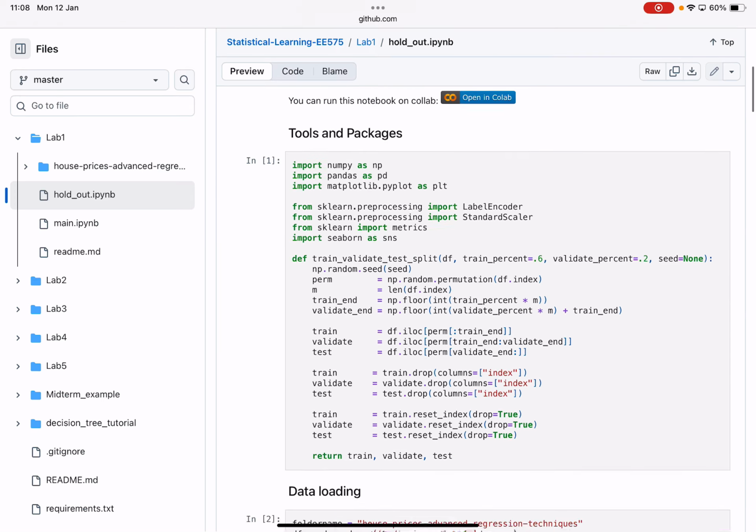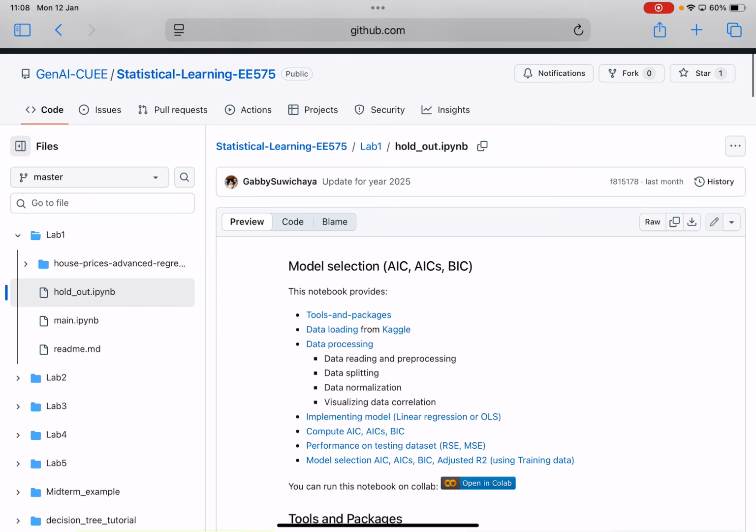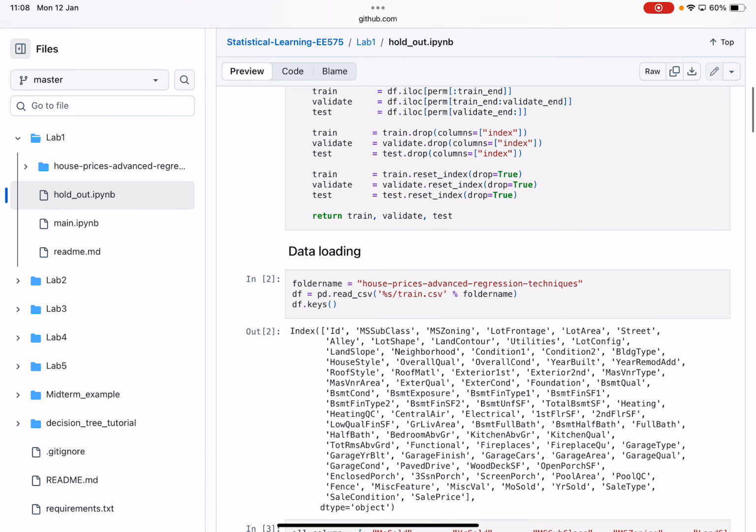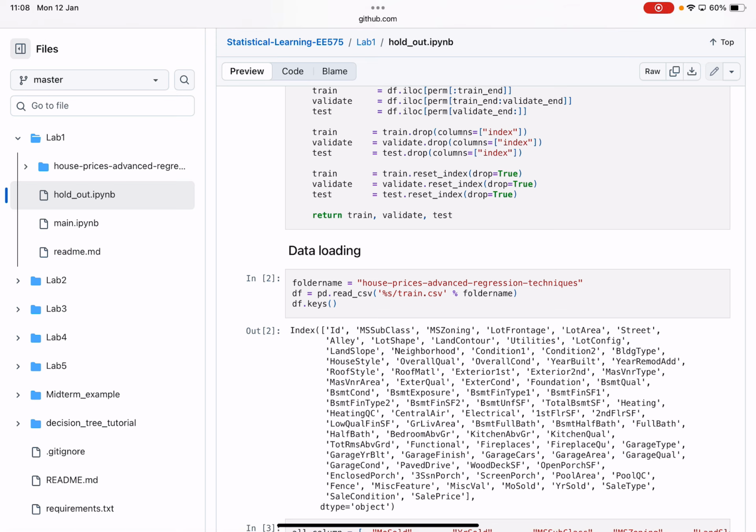Anyway, in here, another thing that you may have to find in the lab folder is a data set called House Prices: Advanced Regression Techniques. Okay, whatever the name was. I actually downloaded this data set from Kaggle. So it's the traditional house price data set that